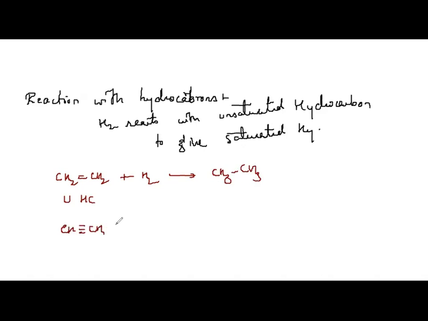Again, you take one more hydrogen molecule, it will add up and give me CH3. So can you see here? This is unsaturated hydrocarbon, that means there is a double bond or a